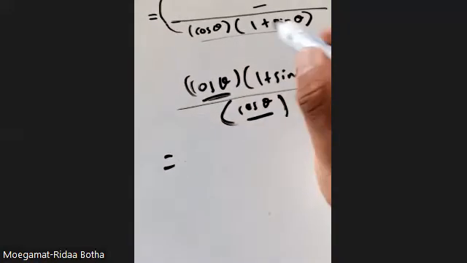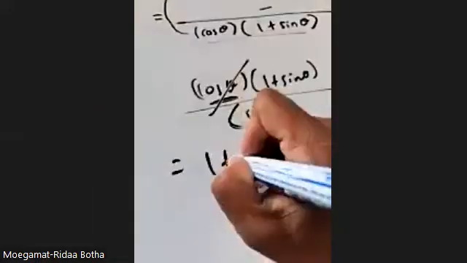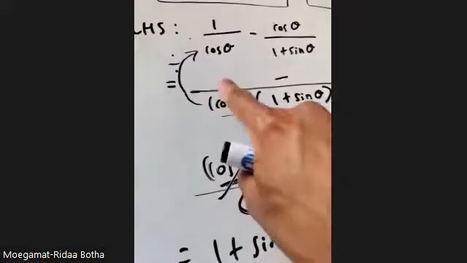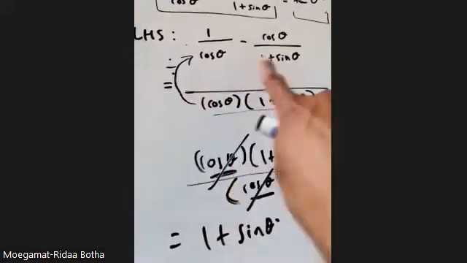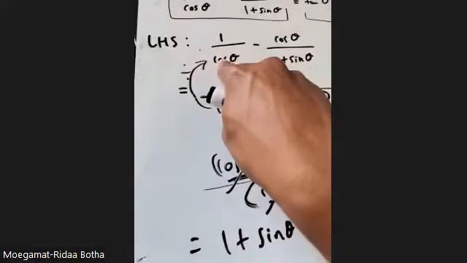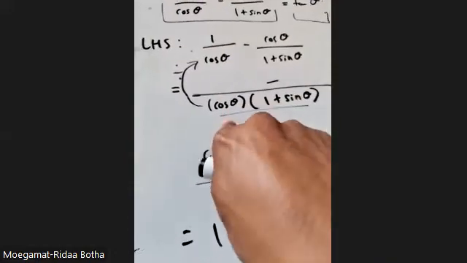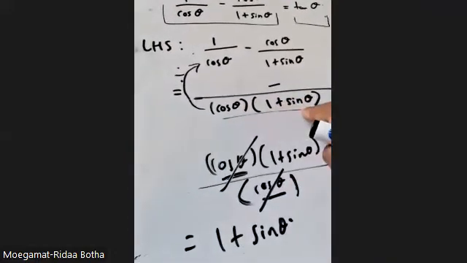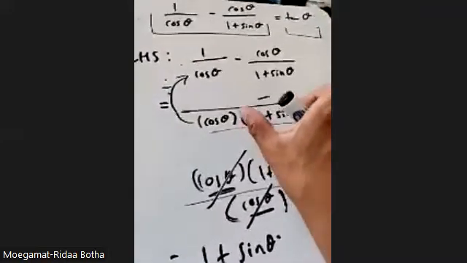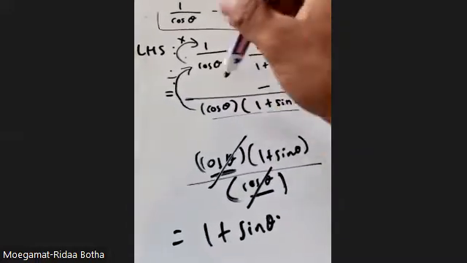We can cancel the cos theta out, so then we're left with 1 plus sine theta. So you take that LCD, you divide it by the cos theta, which means the cos theta will cancel out. Then we're left with 1 plus sine theta. This is a term. And then that term multiplied by 1 is